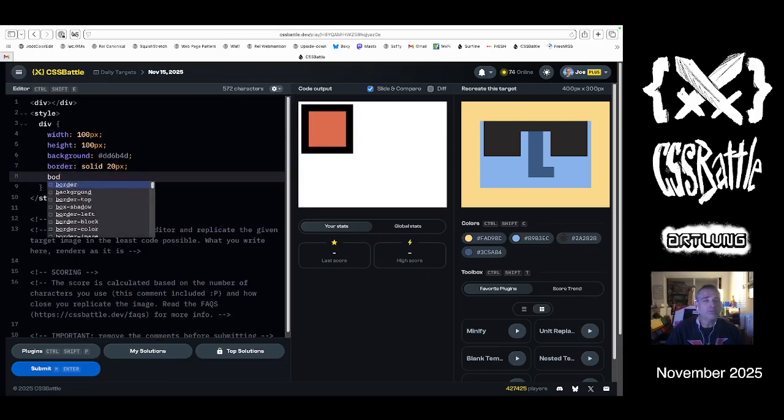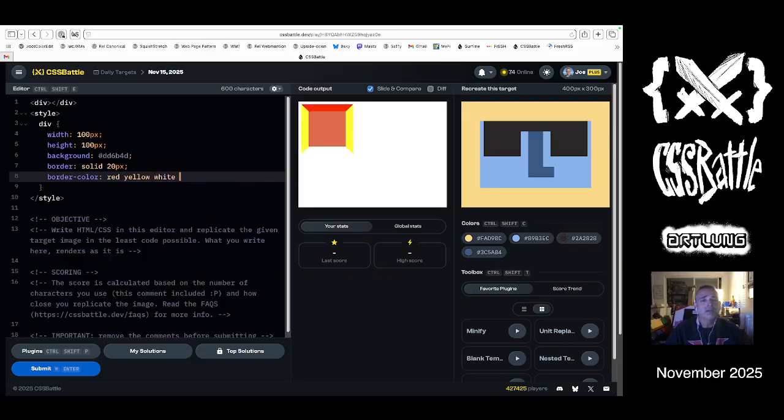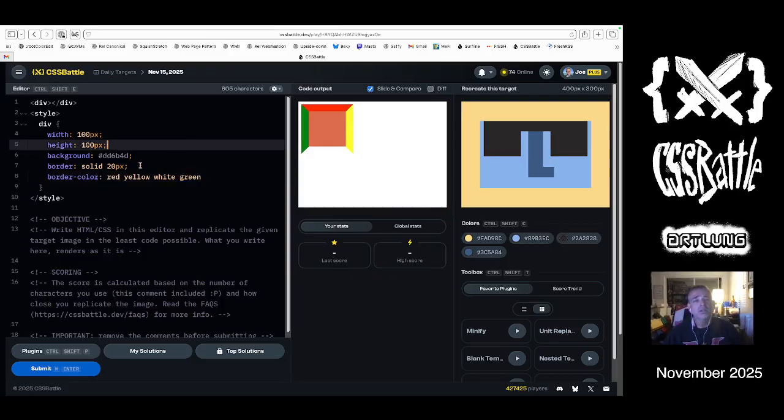So what can we do with border color? Red, yellow, white. Yeah, so green, right? So you get that hard edge to do that, unless you do